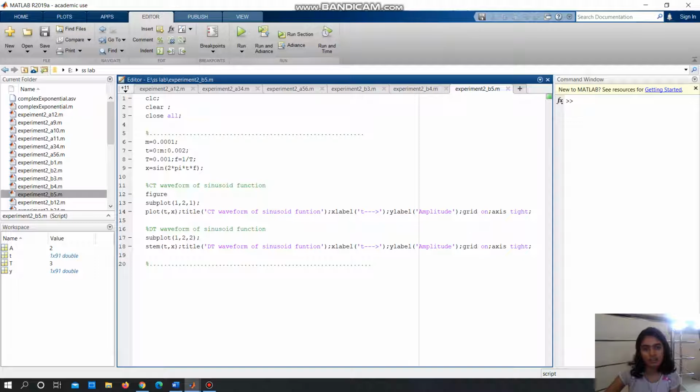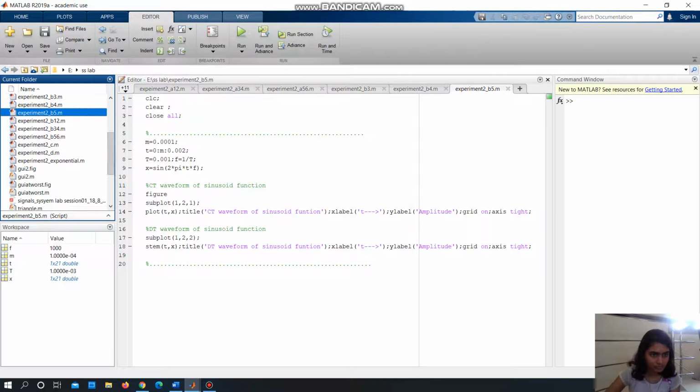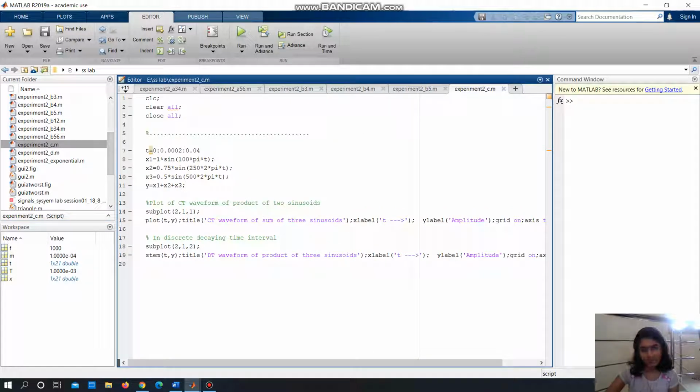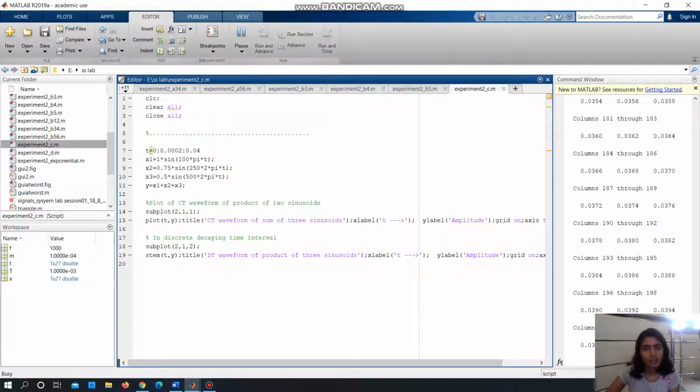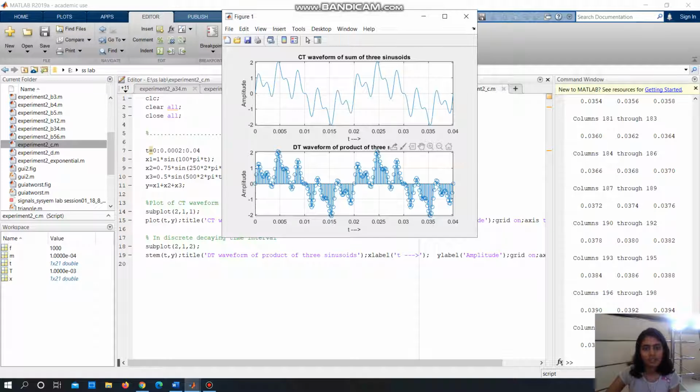We can also get a sinusoidal function of a particular frequency by defining it in this manner: sine of omega t, where omega is 2 pi f and f is the required frequency. So these are the two waveforms. We were asked to sum up three sine functions with different values and different amplitudes in this way. So here is the expression of the sum, and their graph is in this way. So it is a periodic function.